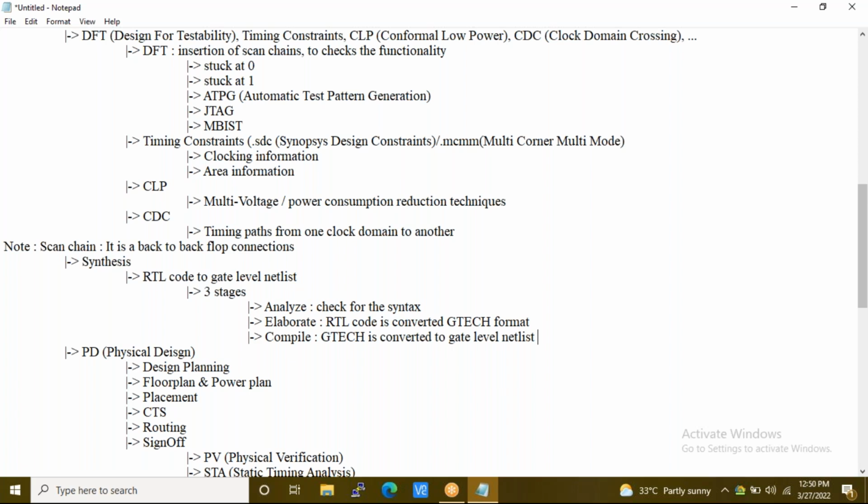There are some commonly used cells, right? The tool will optimize all that and insert them as required in the compile stage for better timing. That is our focus here. Clear so far?